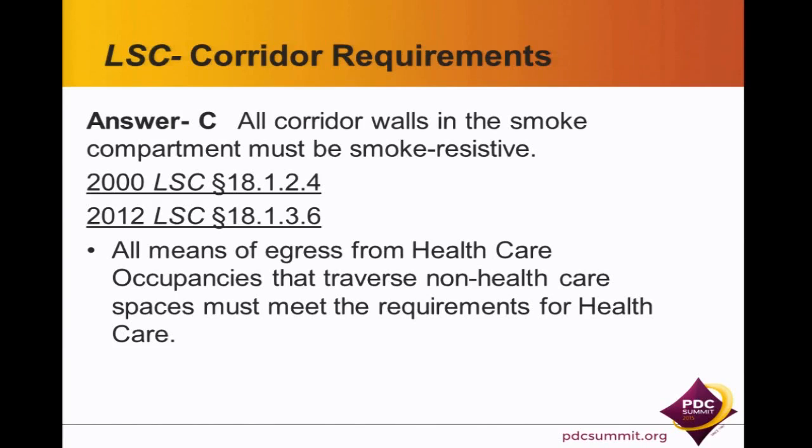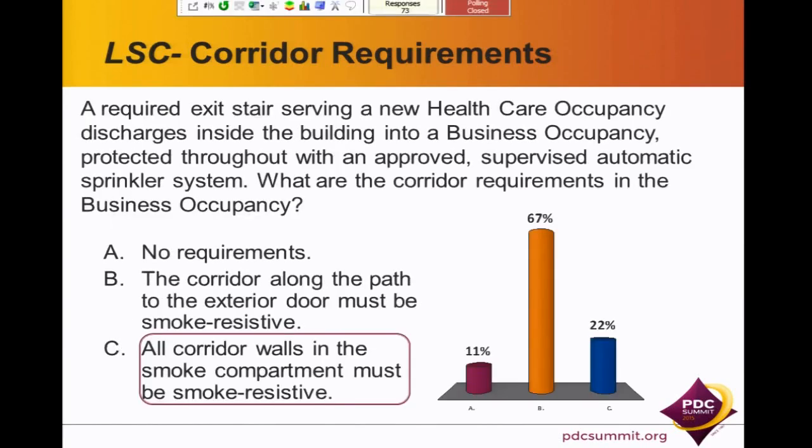There was also another key phrase here in the sense that we said the business occupancy was protected throughout with a sprinkler system, because if you could build that scenario, remember the building containing healthcare has to be sprinklered, but if I could build that scenario, if it was a separate building or something, if it's not sprinklered, then business would require 1 hour for new construction. So